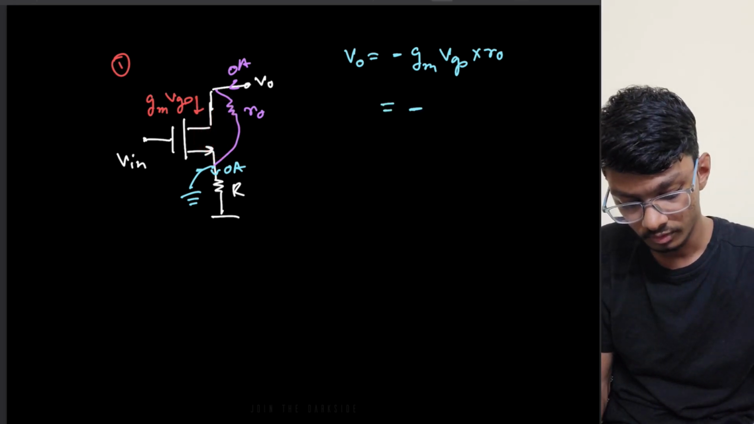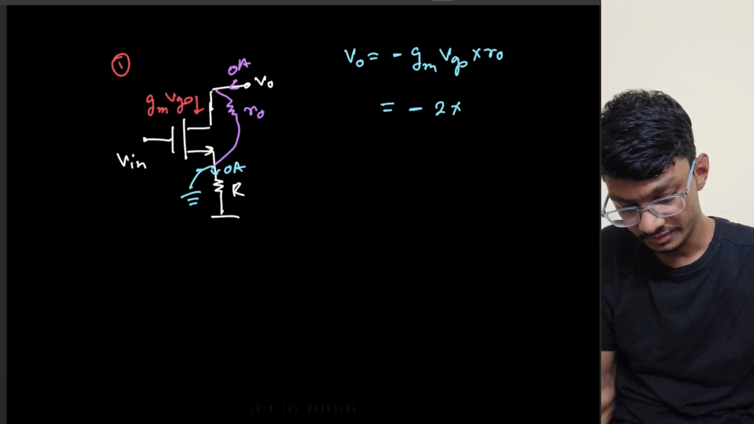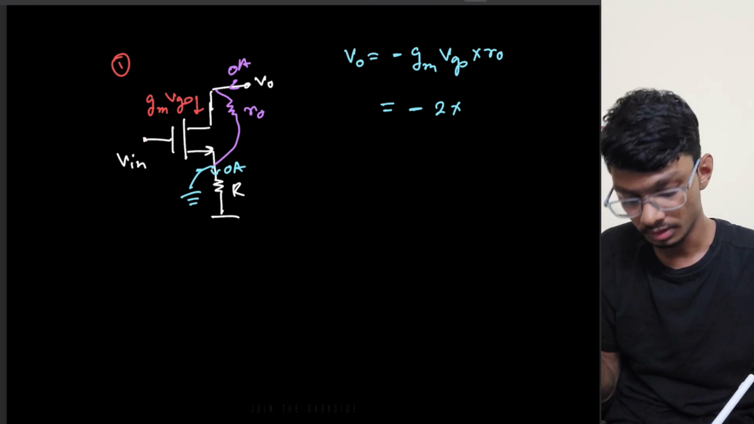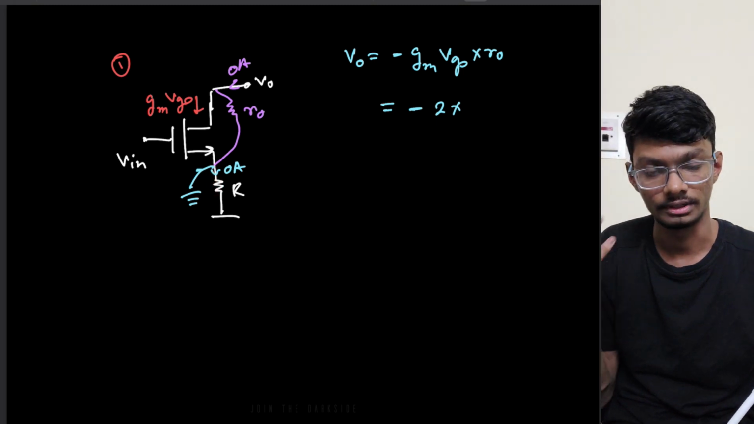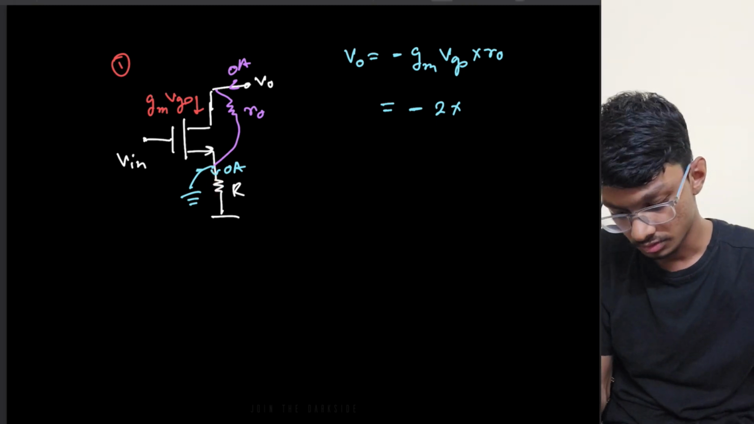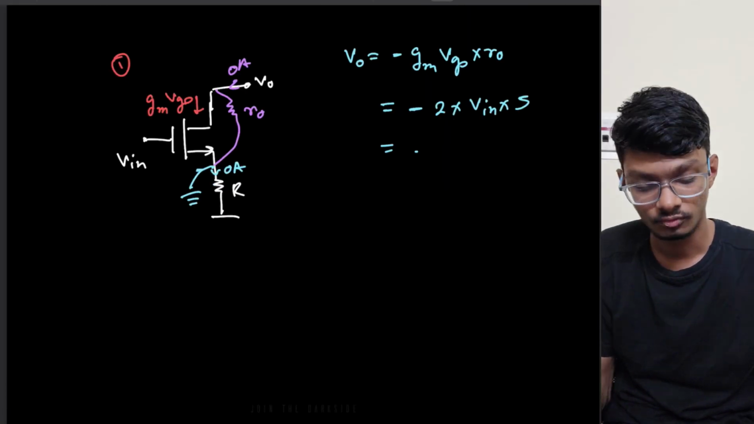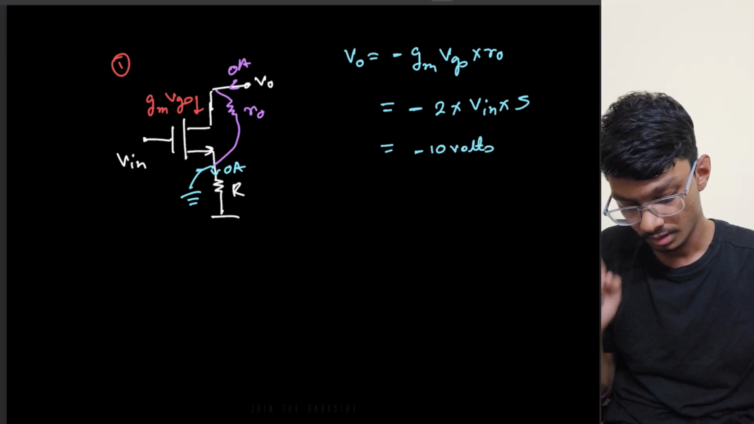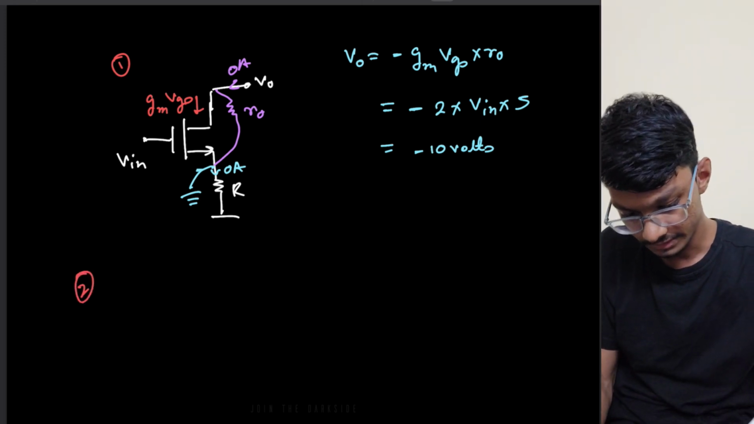So we have got the GM, which is 2, and VGS in this case is V in, because the gate is connected to the input, and the source is grounded because the current through the degeneration resistance is 0 amps. R naught is 5 in our case, and V in is 1, so it's minus 10 volts, same as the previous case. Now if I draw for the second case,